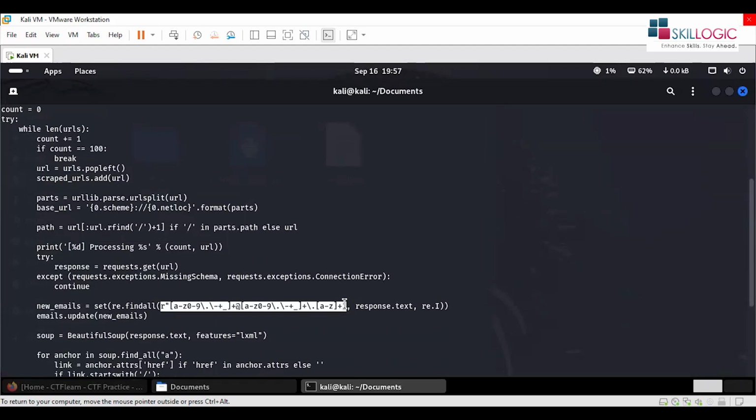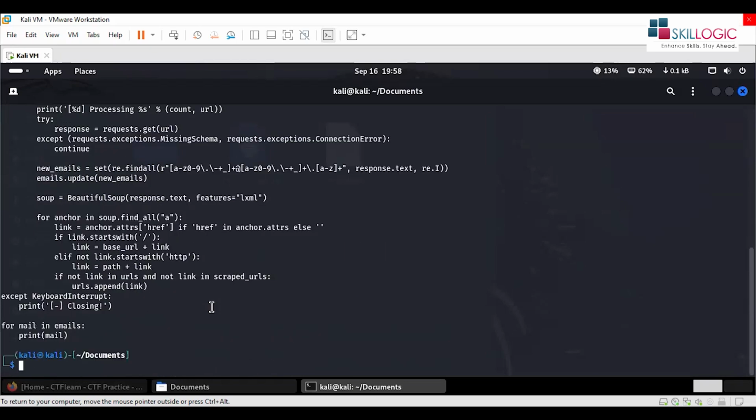We all know email IDs are made up of a certain pattern, like xyz@gmail.com. There will always be an at sign, and then some kind of alphanumerical characters before and after the at sign. We're using that logic to find all the relevant emails. So let's